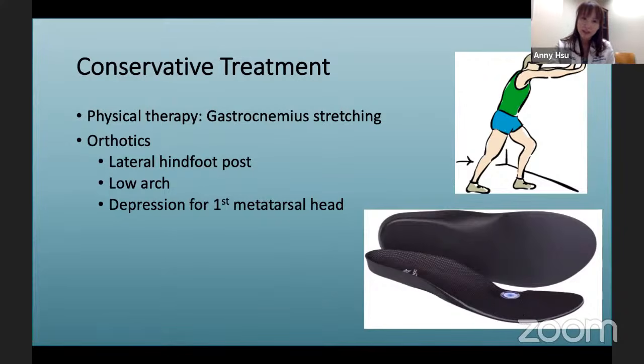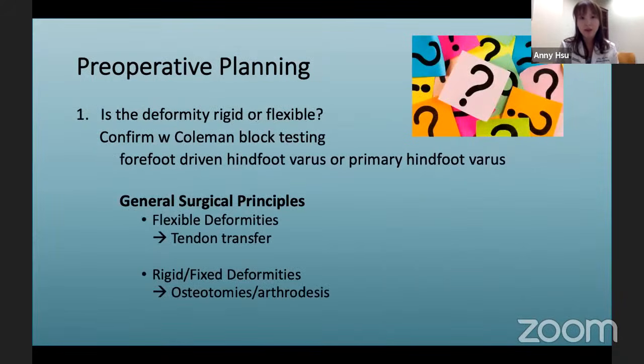So when all else fails, the next thing we think about is how can we fix our patient and help them surgically? There are quite a lot of factors to think about for preoperative planning. I'll go through them one by one, but these are very important because this is a very complex three-dimensional correction, and it's often easy to miss one small portion or overlook one aspect of the correction.